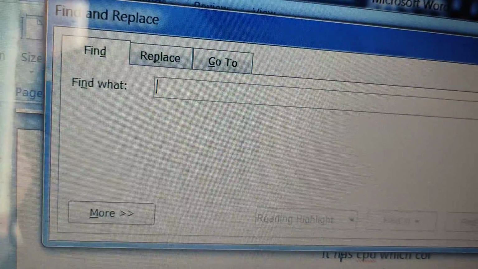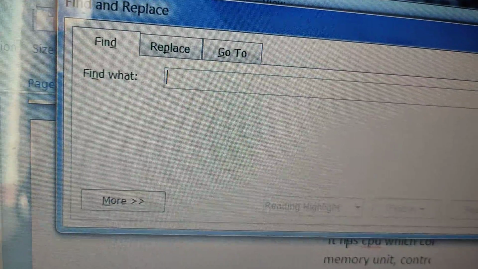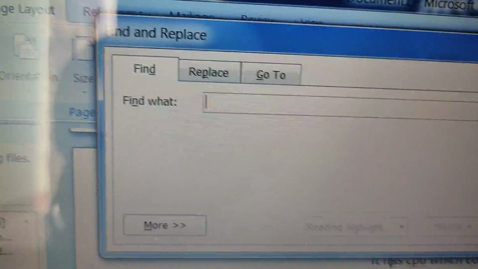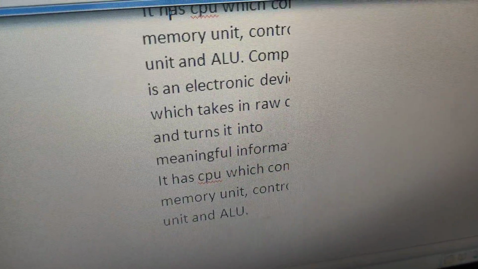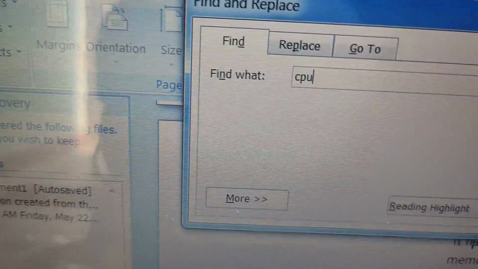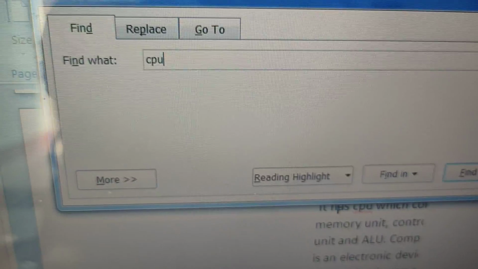So find what? They are asking, find what? I can see another word, CPU in small letter. So I am typing CPU in small letter.